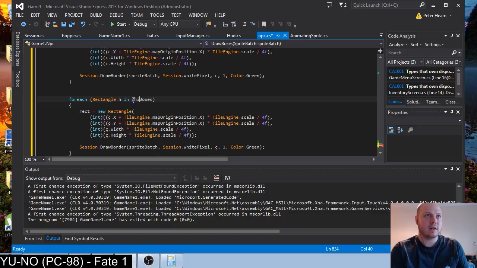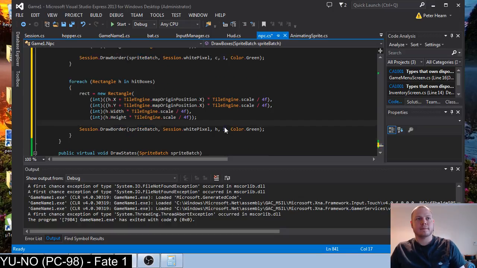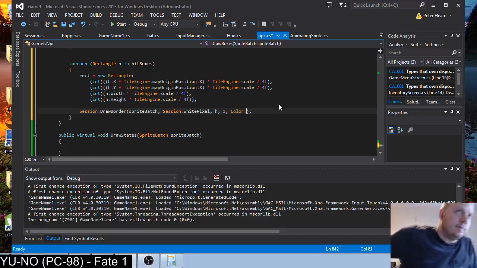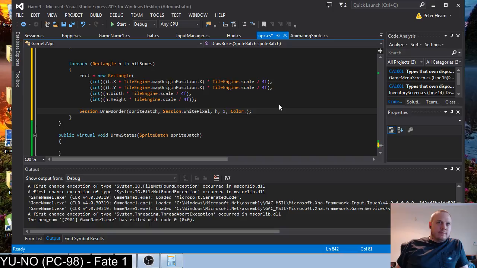Hitboxes are, if your weapon hits the hitbox, then they take damage. And normally we draw those as orange, but